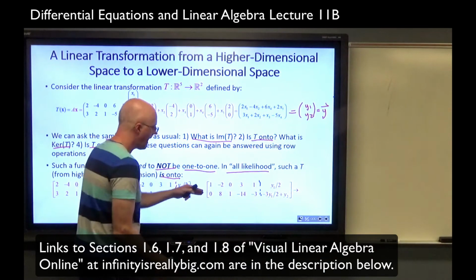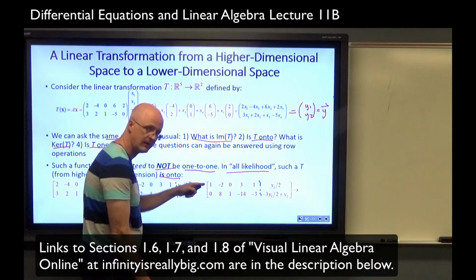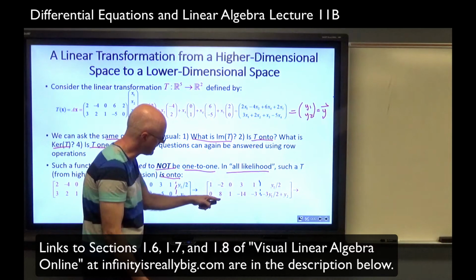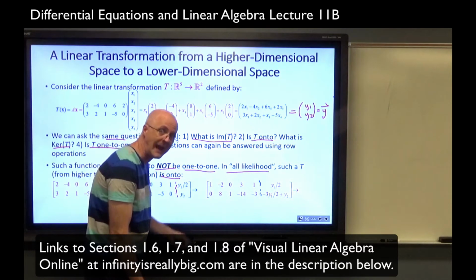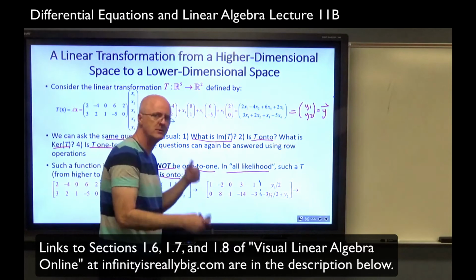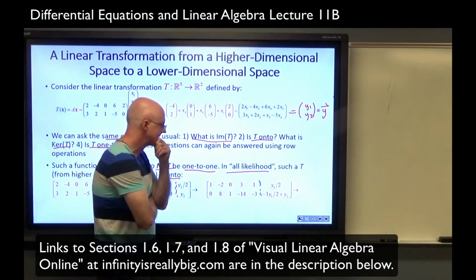Got a 0 there. I'd like to get a leading 1 there. And that would be good because it'll be to the right of the leading 1 above it. The leading 1 above it is to the left of the leading 1 in this column right there. To get a leading 1 there, I just multiply row 2 by 1/8. Now actually, so I am going to reduce row echelon form here, but actually, as it stands,